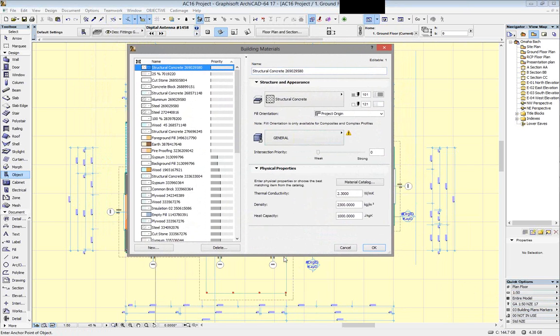And within that concrete block building material, it has a 2D representation, it has 2D pens, it has a 3D surface finish, and then it also has all the physical properties if you get into energy evaluation. But Jonny's going to cover building materials in much more depth later on, but basically what we're looking at here